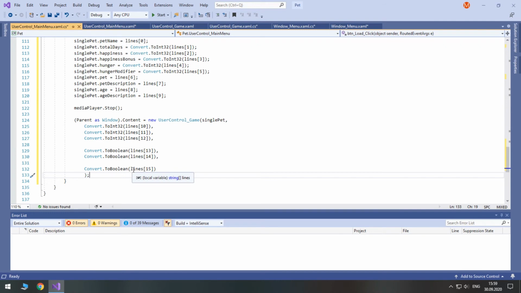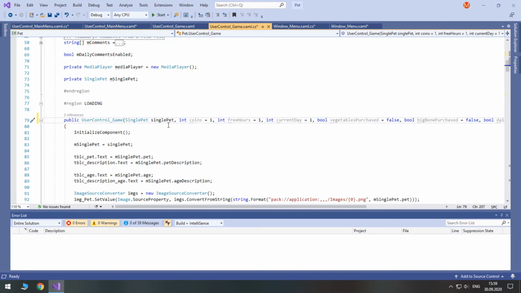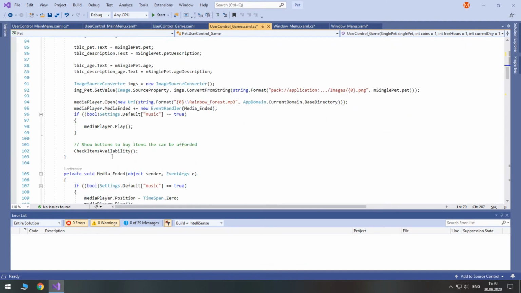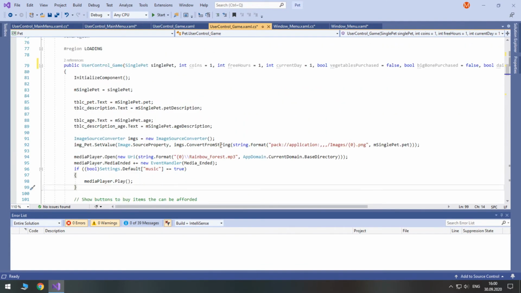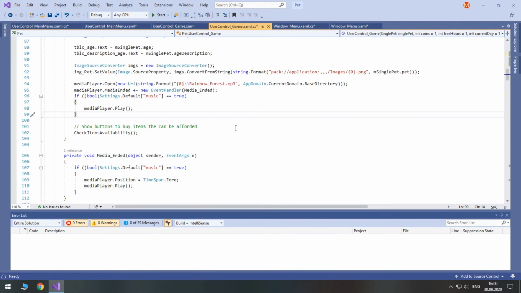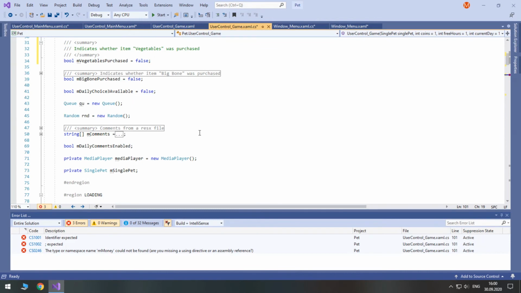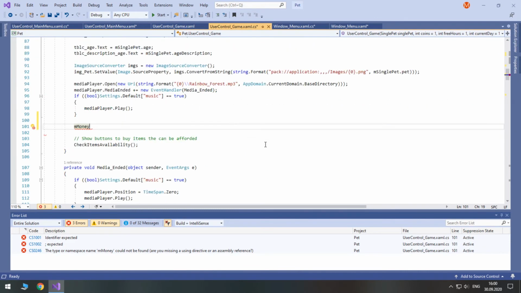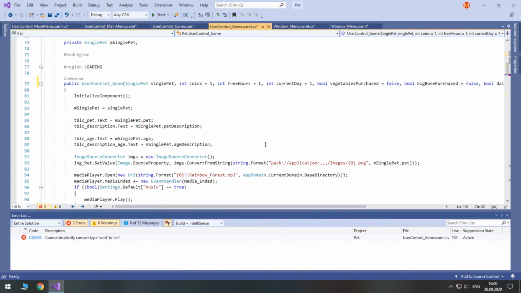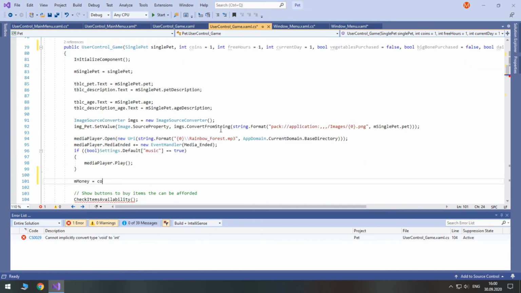Now let's return to user control game, specifically its constructor again. And here, before we check items availability, we will need to assign these values. mMoney, which is a private member or a field of user control game, we assign it to the parameter coins.